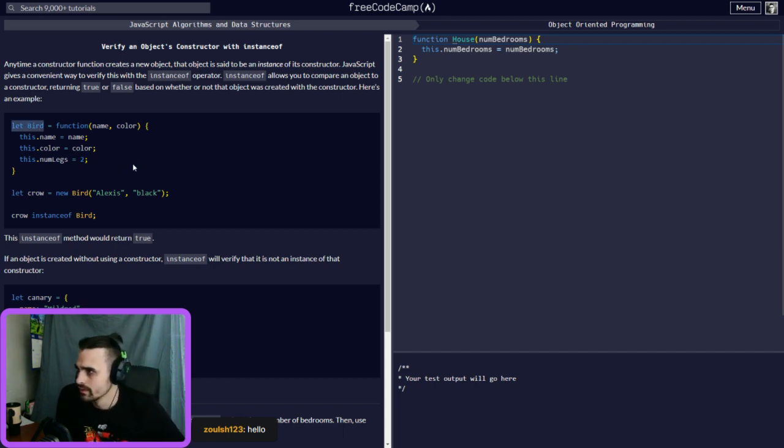It's basically the same thing as writing function Bird and putting all this in here, but you are assigning just the function into this variable instead. So it's doing the exact same thing.